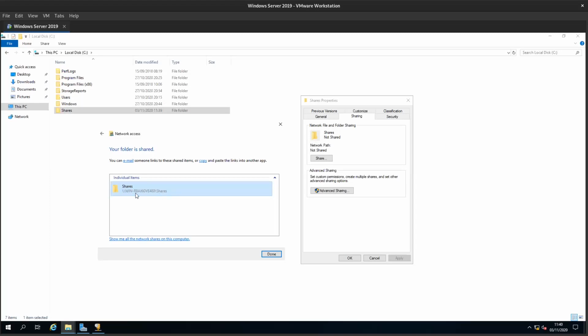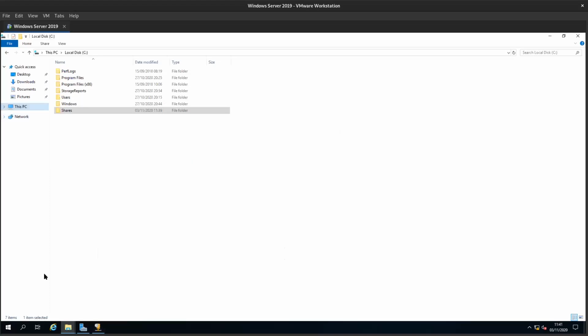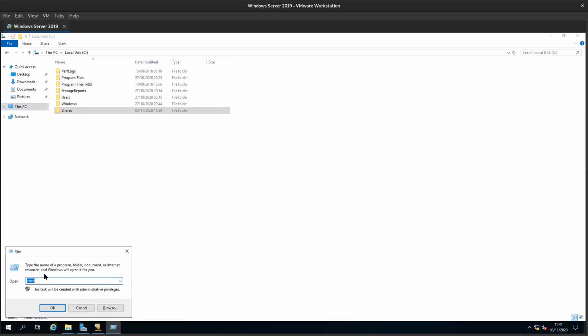That would only be if DNS resolution was actually in place. If DNS wasn't working, we can always try typing the IP address / the name of the share. So I know for a fact that the IP address of this machine is 10.1.1.1. So we do